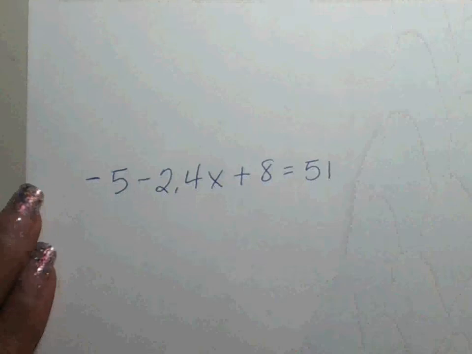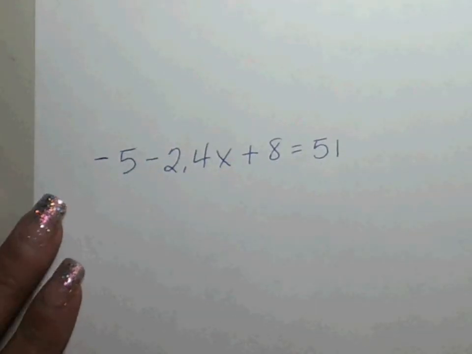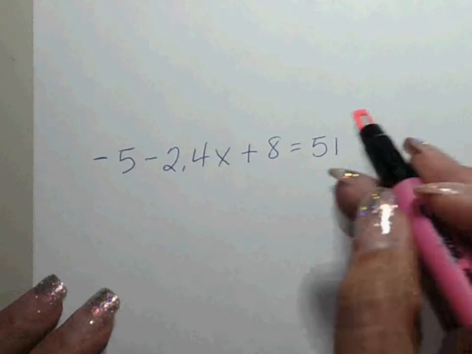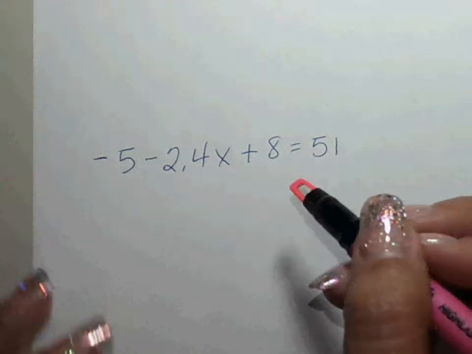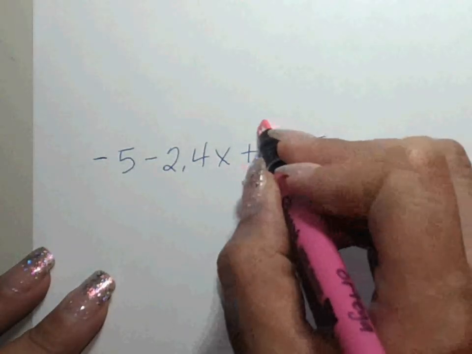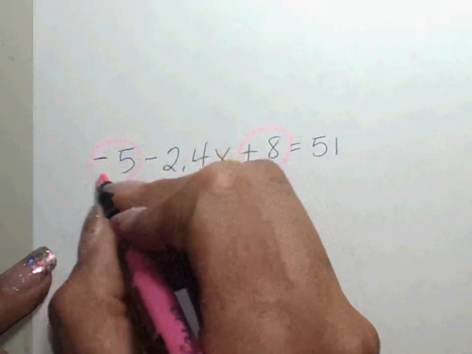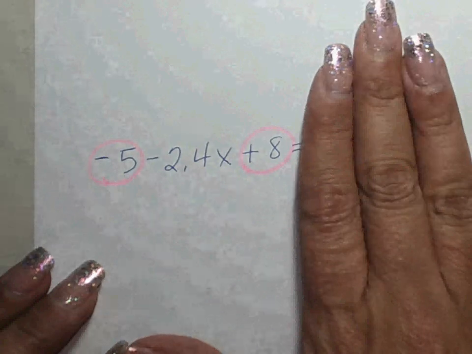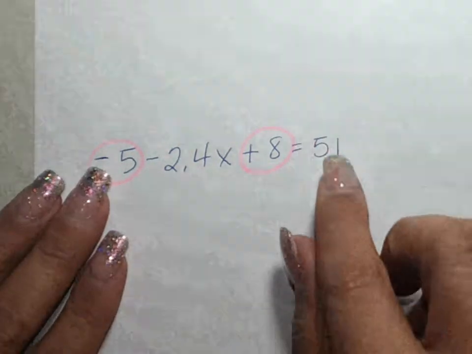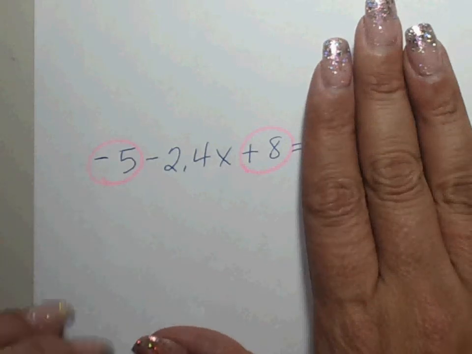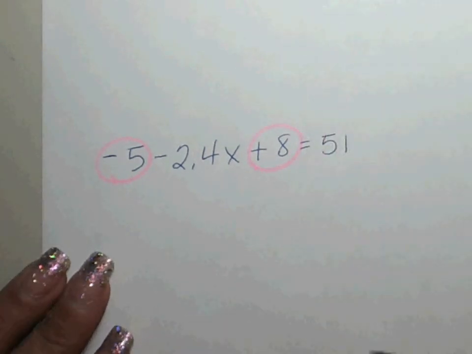And the first thing I recommend is that you go ahead and circle like terms, terms that have the same exponent or the same base or the same variable or are all constants, so that you can combine them. So for example, this positive 8 and this negative 5 are called like terms. I'm only focusing right now on the left side because all I have is just one plain number on the right. So I'm going to combine these, and if you need to use a calculator, that's fine, but